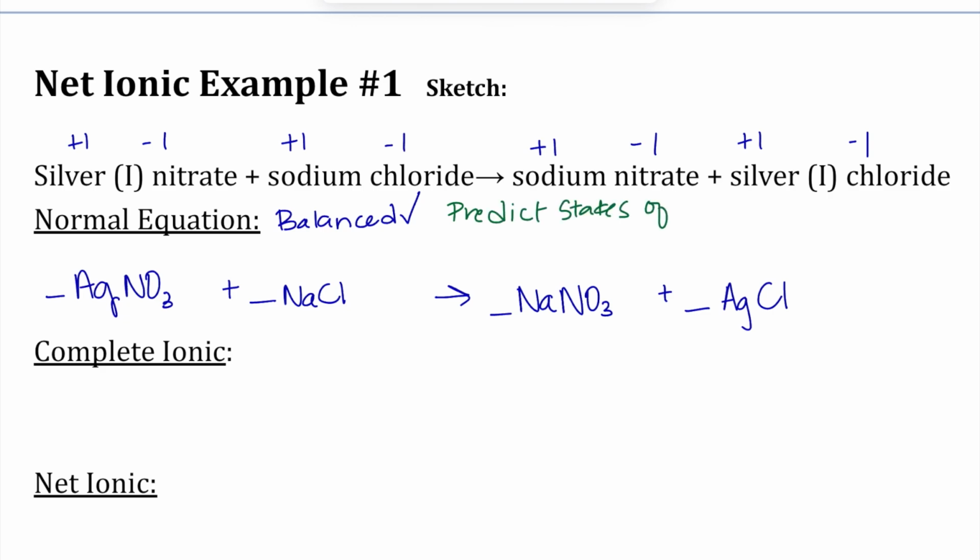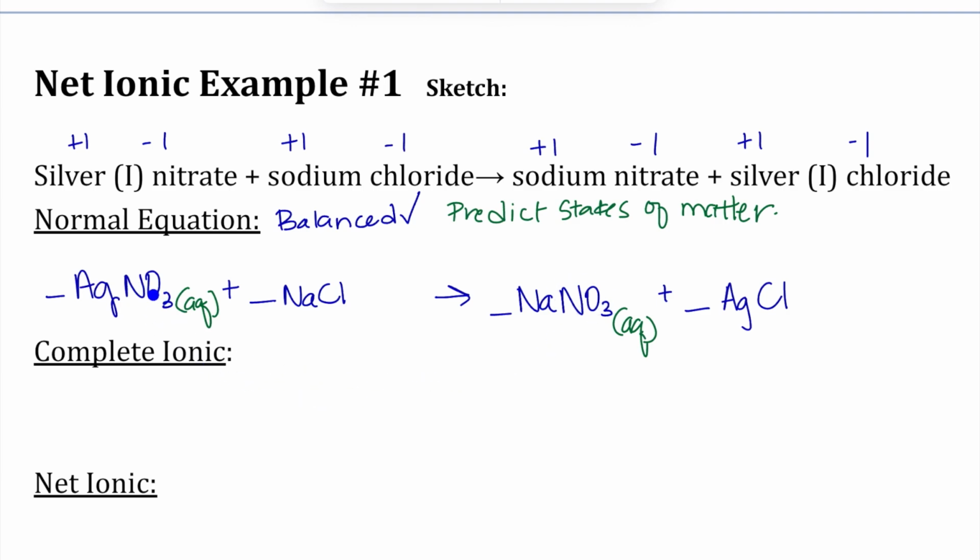And we're going to use our solubility rules in order to do that. So looking at my solubility rules, I've got my silver nitrate. My nitrate rule says, number 3, nitrates are soluble, meaning if this is soluble, this will be aqueous. My nitrate rule says all nitrates are soluble, so I'm going to look at my 2 nitrates at